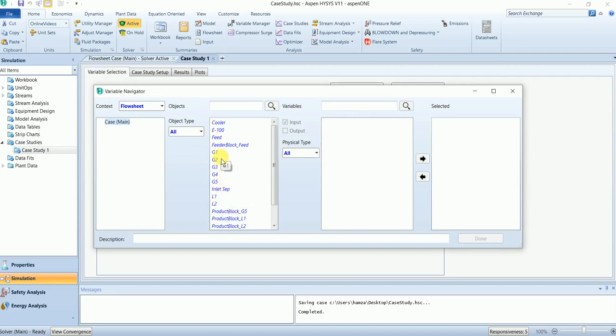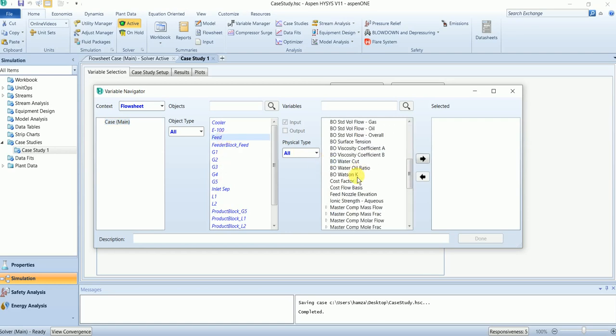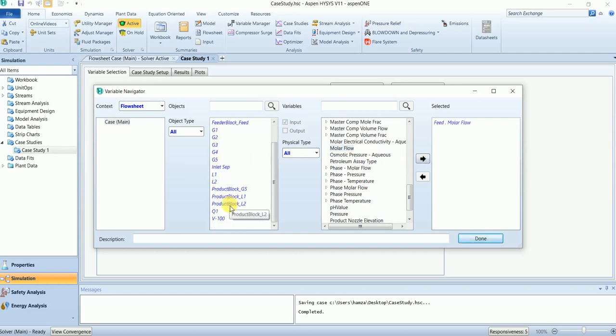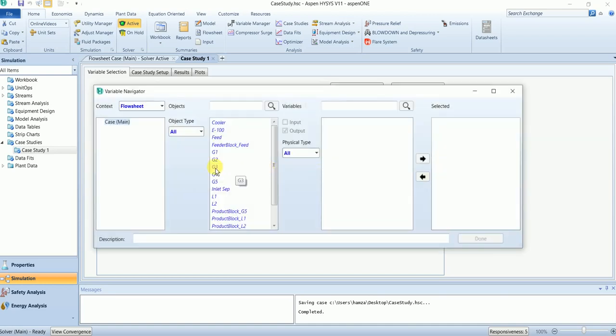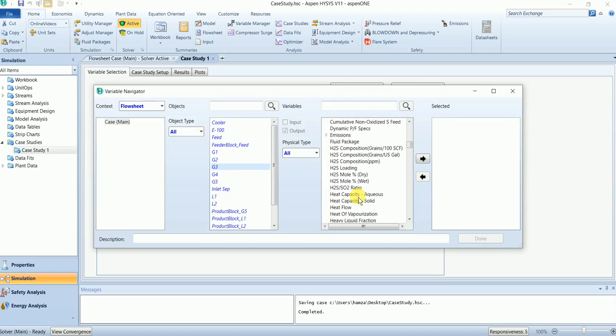The first independent variable is feed gas molar flow, and the second is Q1, which is the duty of the chiller. Add 2 dependent variables. The first is the temperature of G3, and the second is the molar flow rate of L2.